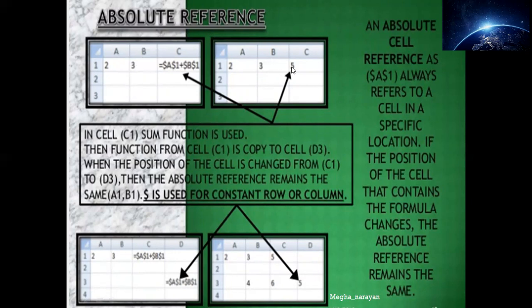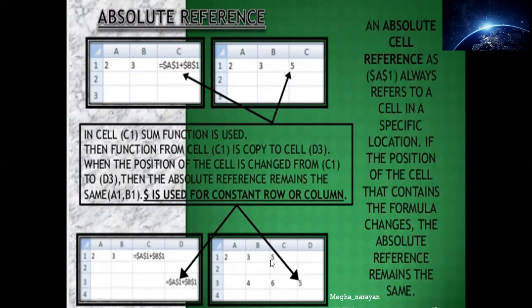The answer coming here is also 5, that means both of them are adding. What happens if I copy this formula onto other rows or other columns? The value will be the same. All right, look here, I'm copying the same formula. The answer here is yet 5. It should be 10. It has to be 10, right? But it is not changing. It is remaining 5 only.